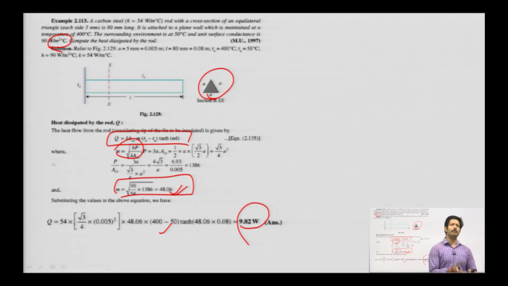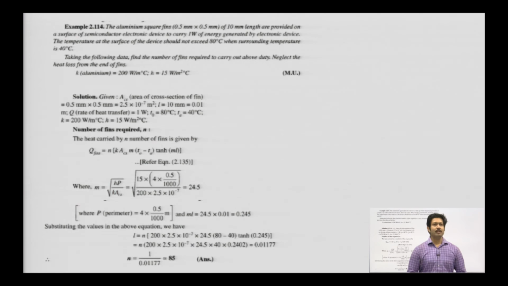Had there been a numerical from the first topic, that is from the infinite length, and had there been a numerical from this topic, the thing is basically the same. So m is the first thing, because m is there in the formula for q, the heat transfer, and then it will be of q, right?